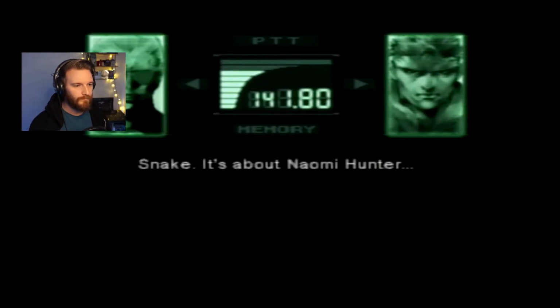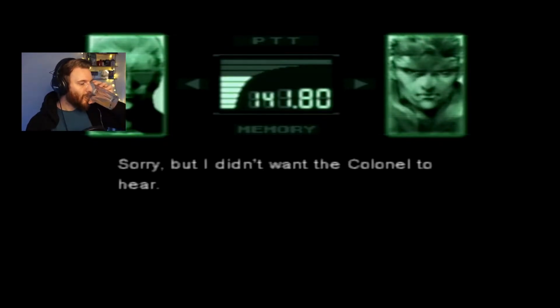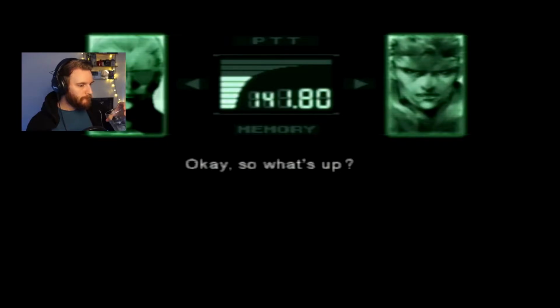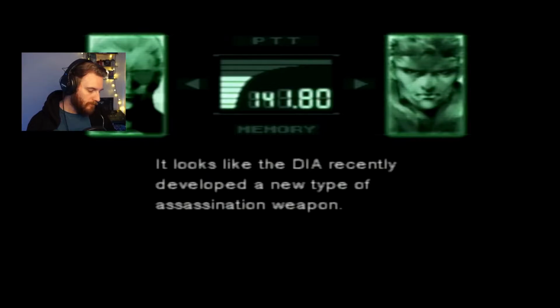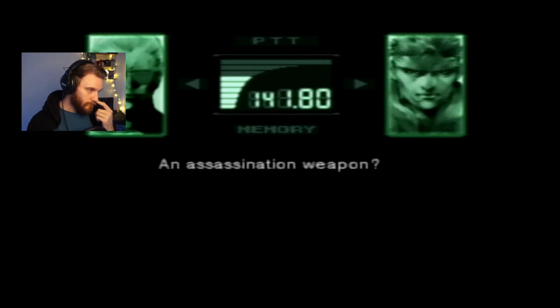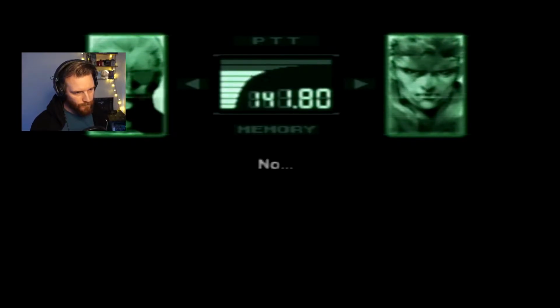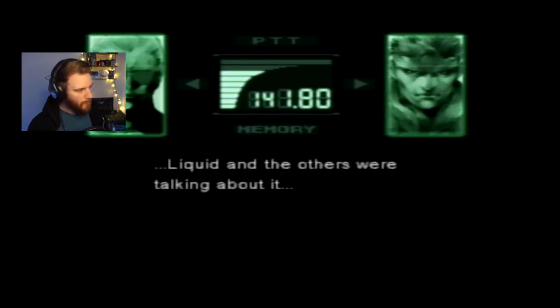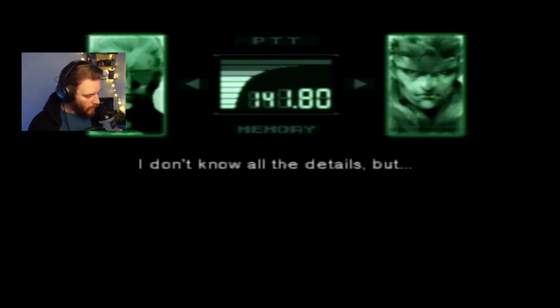Oh, nice long codec conversation now. Snake, it's about Naomi Hunter. Then you should talk to the Colonel. He's looking into it. Turn your monitor off. Okay, it's off. No one else can hear us. Go ahead. Sorry, but I didn't want the Colonel to hear. Okay, so what's up? I've got a good friend in the Pentagon. Yeah? He's the one who told me about it. It looks like the DIA recently developed a new type of assassination weapon. An assassination weapon? Snake, have you ever heard of something called Fox Dye? No. Fox Dye. Liquid and the others were talking about it. Yeah. It's some kind of virus that targets specific people. I don't know all the details, but...